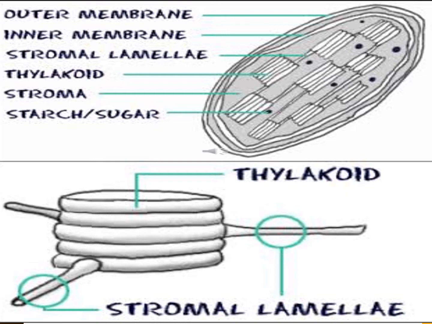Outer membrane is smooth and inner membrane forms infolding. These inner membrane fold to form a coin-like structure. Here you can see the coin-like structure that is stacked upon each other. These are called thylakoid. Okay, and the full stack of thylakoid is called grana. The ground mass or the fluid-like structure in the chloroplast is called stroma.